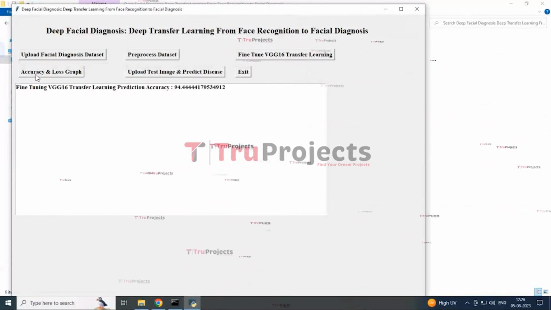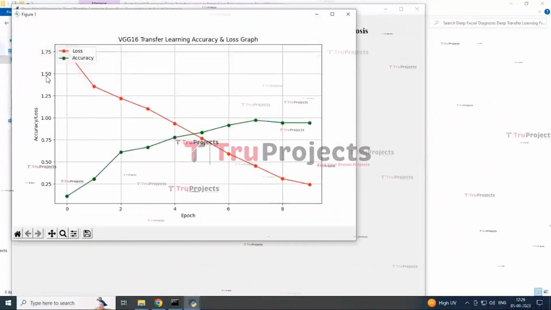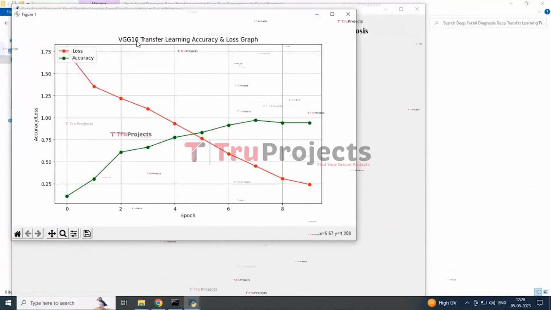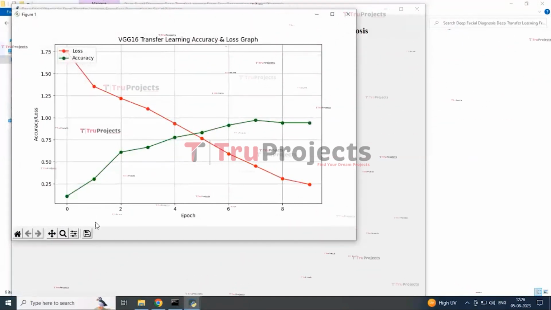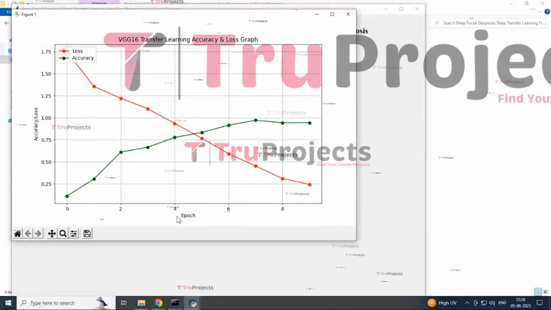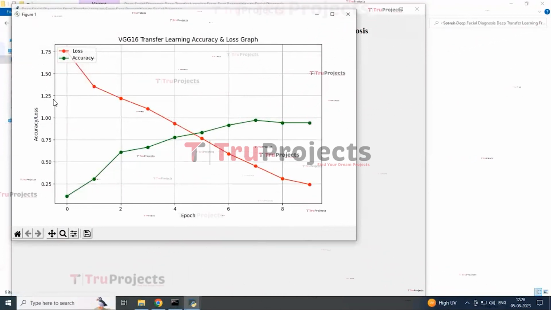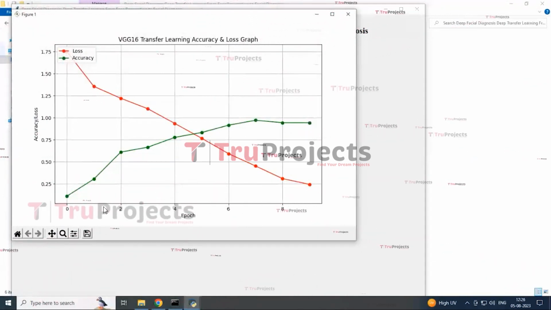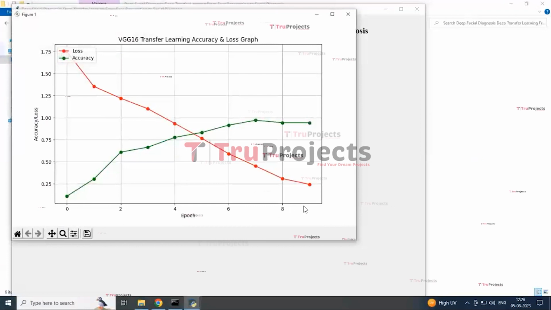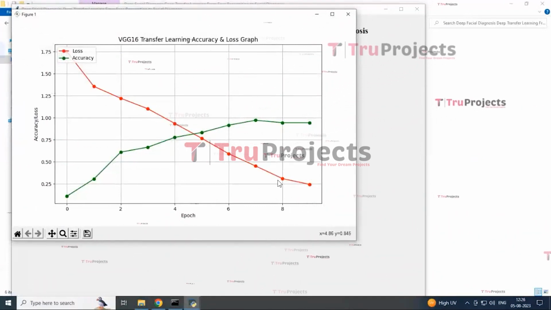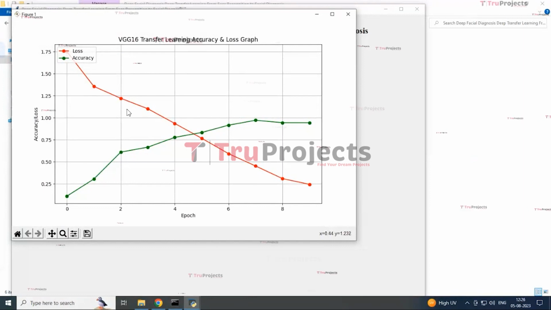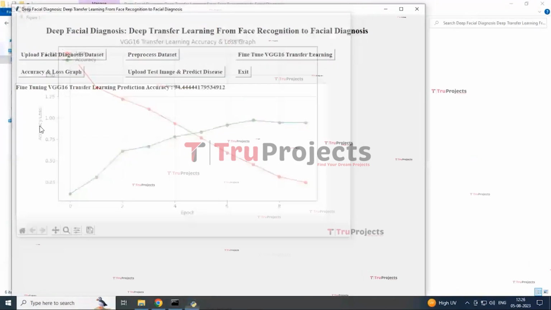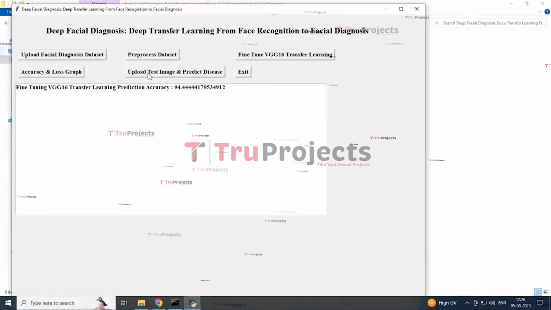And next button, accuracy and loss graph of VGG16 model. By clicking this button, we can see the graphical representation of VGG16 transfer learning accuracy and loss. In the x-axis, you can see the number of epochs, and in the y-axis, you can see the accuracy levels. You can see the green line that indicates the accuracy, which increases as the epochs increase. You can see the red line, which indicates the loss, which is decreasing as the epochs increase. So you can close this graph and go to the next button, that is upload test image and